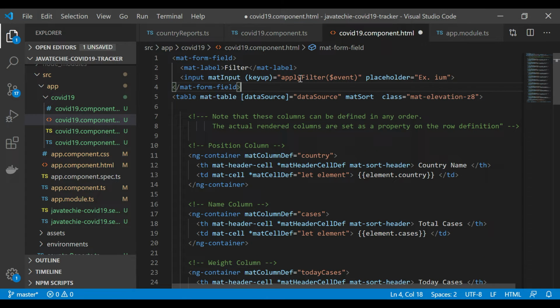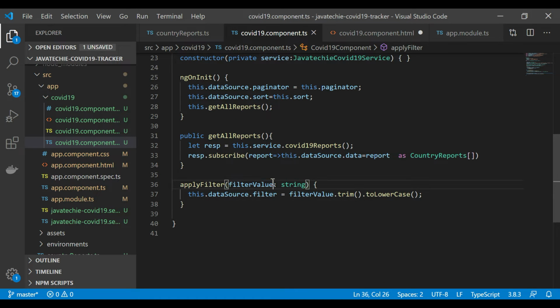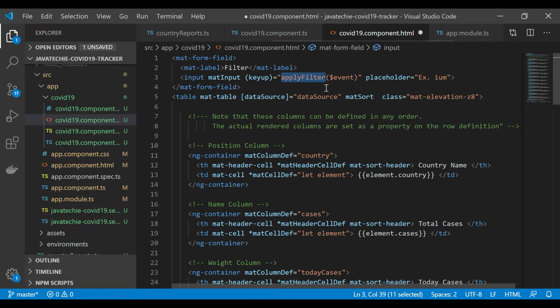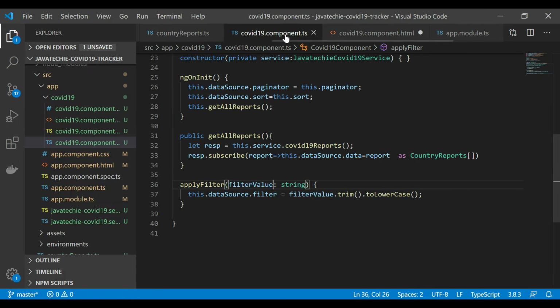So we are just invoking the applyFilter method which we wrote in our component.ts, right? And in this HTML, here we are giving the event. So it is better to pass this event as a string. So what I will do, target.value. Okay, now I am giving this string value. This string value will be this filterValue, and I am assigning that to the dataSource filter property.